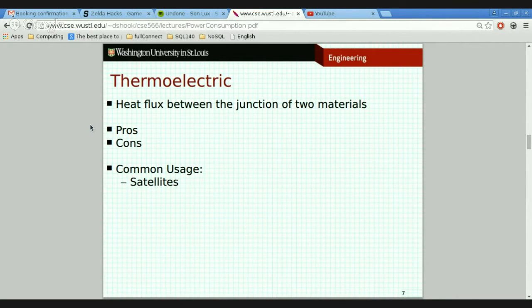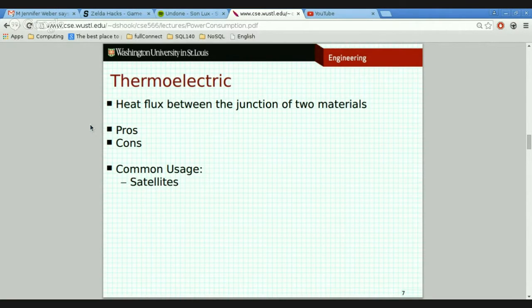It's not particularly efficient at dissipating heat. So, I bring this up because it is very interesting. I find it fascinating. I'm a big fan of physics, and this is directly related to physics, thermodynamics, right? The only place that it finds a lot of common usage is in satellites, where one face of the satellite is commonly pointed directly at the sun, which, as I'm sure you know, generates quite a large amount of heat, right? And then the side that is not facing the sun will be this special heat dissipating material